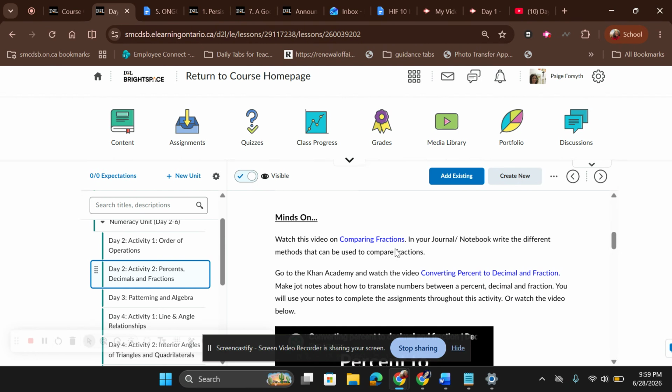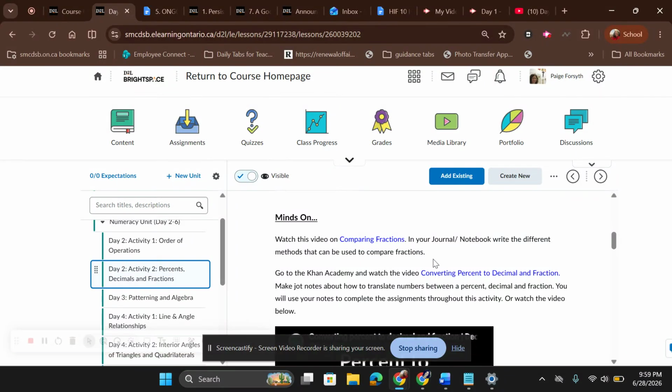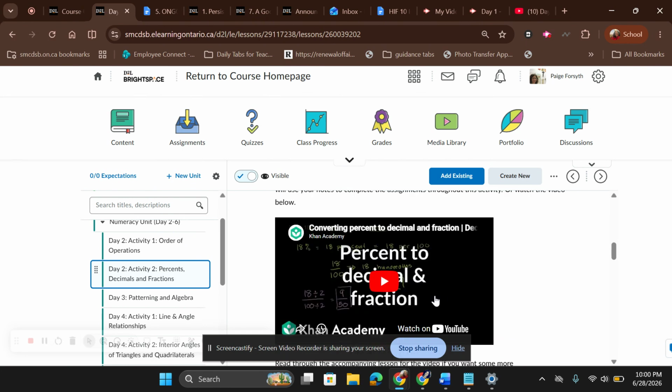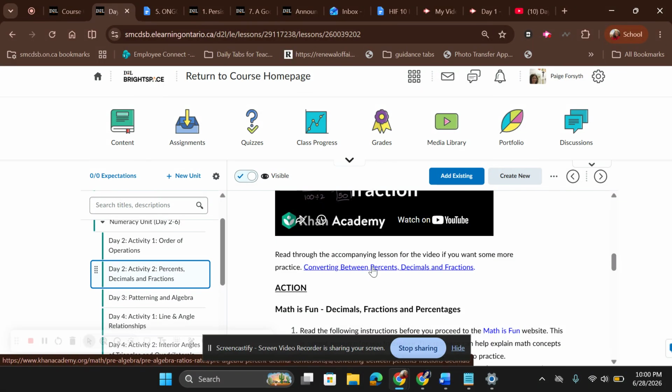course. Then you're going to go to the Khan Academy and watch the video on converting percents to decimals and fractions. And again, write down some notes about how to translate between the percent, the decimal, and the fraction. And then you can use your notes to complete the activity. You can also watch the video below and then read the lesson for the video if you want some extra